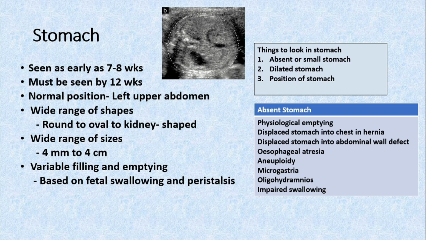And if, in spite of that, you still don't see it and the stomach size is small, then you have to write in your report that, in spite of so and so evaluation, after so and so period, the stomach is still small and could be associated with some abnormality. Similarly, with a dilated stomach also, we have to follow the same protocol, but we also have to look for any associated polyhydramnios. And these are the causes of the